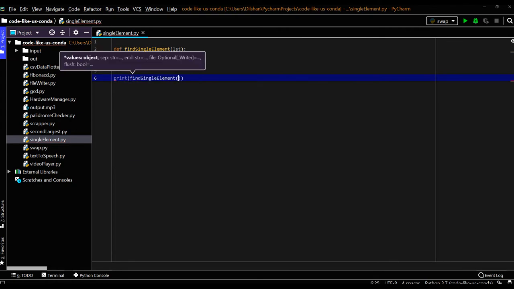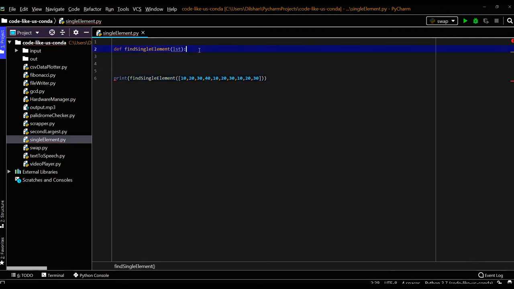Find single element. I will give the same array we discussed, 10, 20, 30, 40, where 10, 20, 30 are duplicated 3 times. So we need to find this 40 using this method.